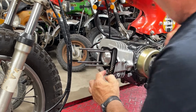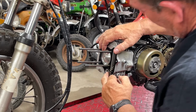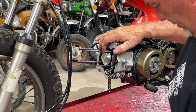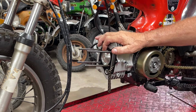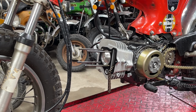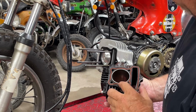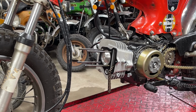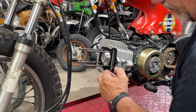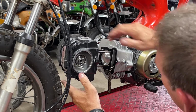Okay. Now there's an O-ring that goes right there. This obviously has a spot for a big O-ring, but they don't give you the O-ring. My original engine did not have one. I don't have a big O-ring in that spot. Let me look in a couple other gasket kits I've got and see if I've got something that will fit right there. Well, I found an O-ring and I put it in this little spot right here. So I'm hoping...